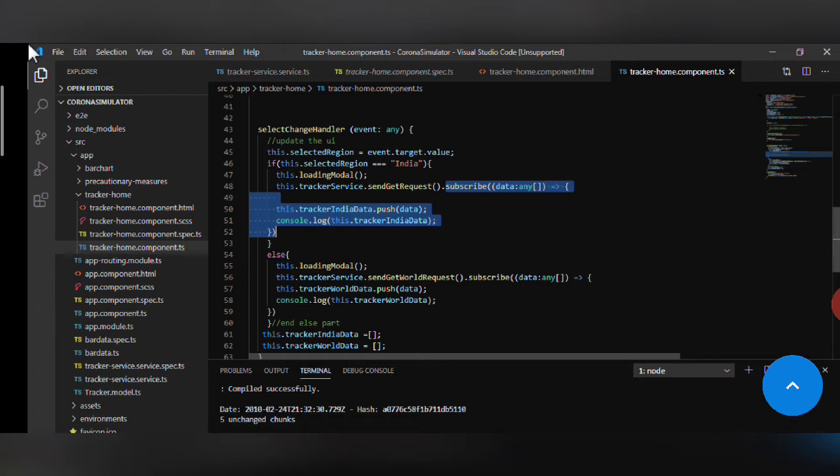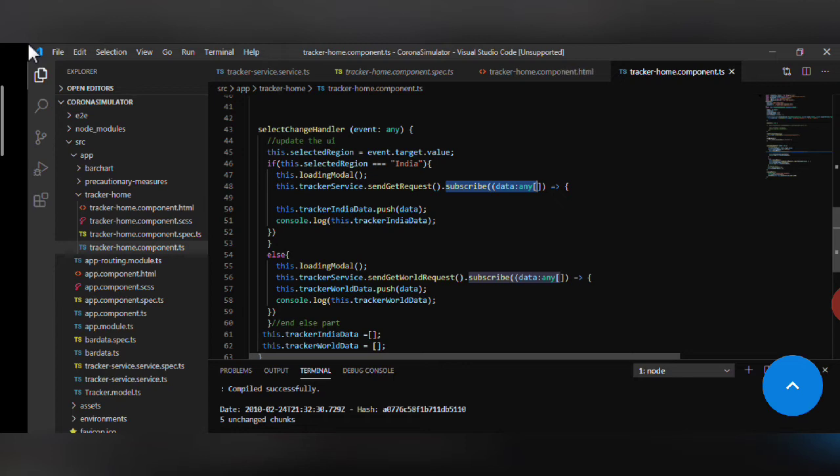If A is subscribing and B is not, observable will see which events or methods are subscribing to it. So when A subscribes, it will get back all the data from the backend side, and B will not get it back because it has not subscribed.